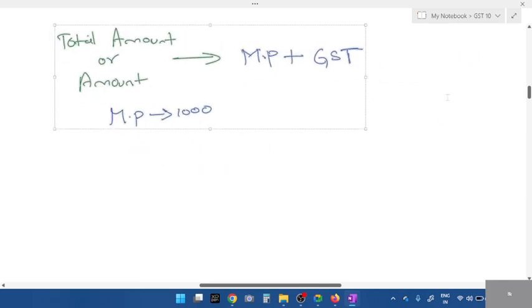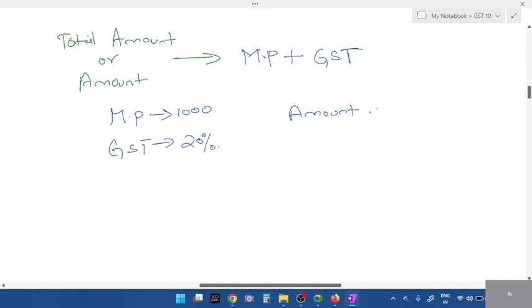It's the same concept. Mark price is 1000 and GST is equal to 20%. How do you calculate GST, students? Now tell me, what is the amount? How do you calculate GST amount? First tell me, how do you calculate GST amount? You take mark price into,